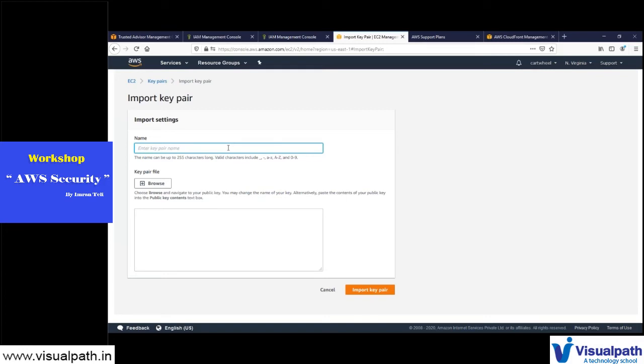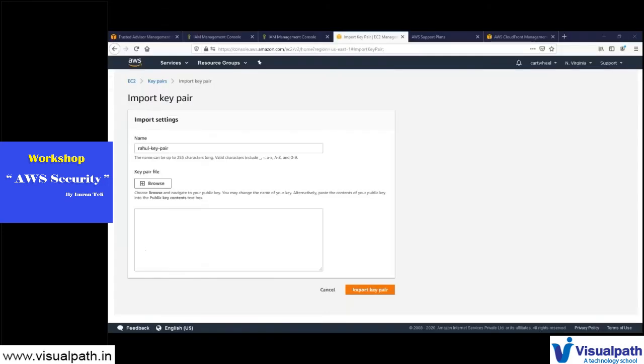Login key. So I will name it on behalf of Rahul, Rahul key pair, something like that. Okay. And I need to put the public key over here.